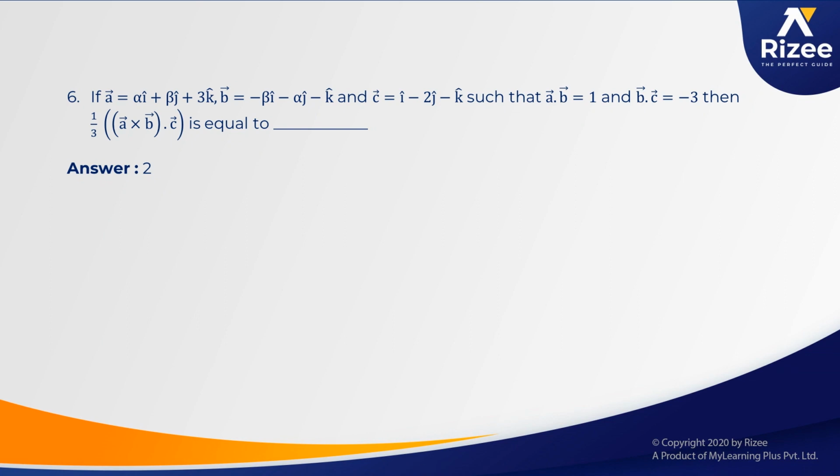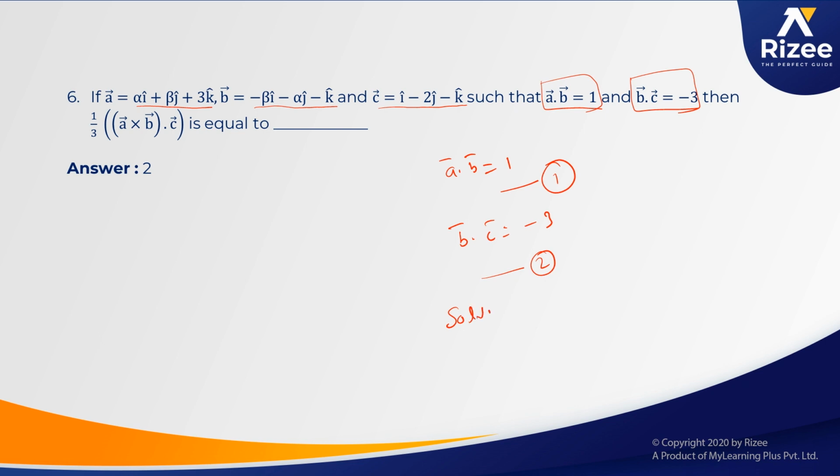A is equals to alpha i plus beta j plus 3k, B is equals to beta i minus alpha j minus k, and C is equals to i minus 2j minus k, such that A dot B is equals to 1, B dot C is equals to minus 3. Then 1 by 3 of A cross B dot C is equals to, first we should find out A dot B bar is equals to 1. We get equation 1. Next B dot C is equals to minus 3. We get equation 2. Solving 1 and 2, we get